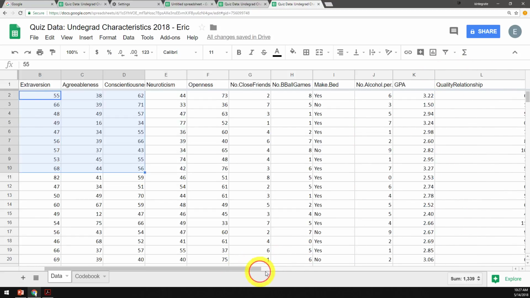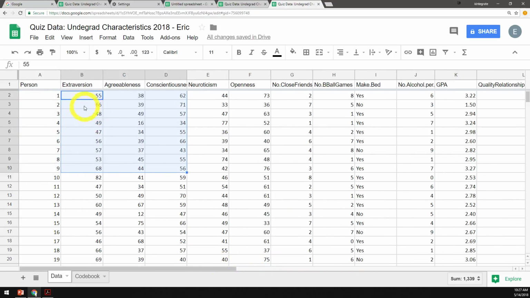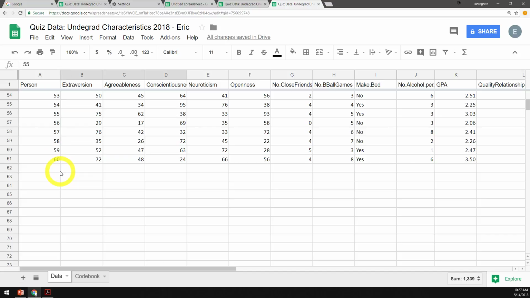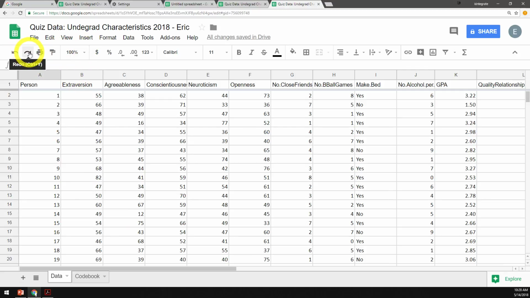So you can see here are all the variables. So we go out to column N, and we have 61 rows, but we have a total of 60 observations. Now, across the top, we have a number of different options. We have our undo, our redo. So if we say we change this to 70, we're like, oops, we didn't want to do that. We can undo that just like you would in kind of a word processor. We can print, we can do different options. A very important function